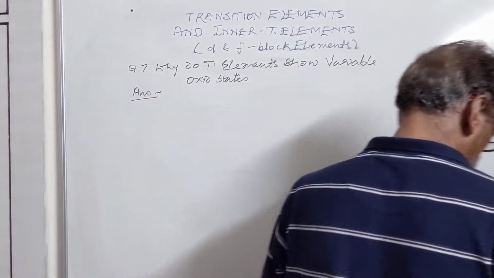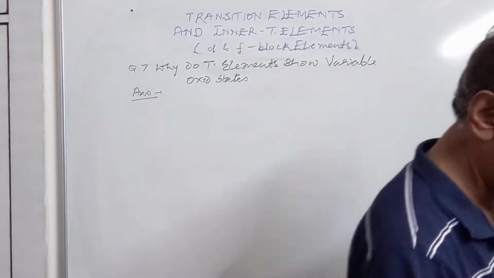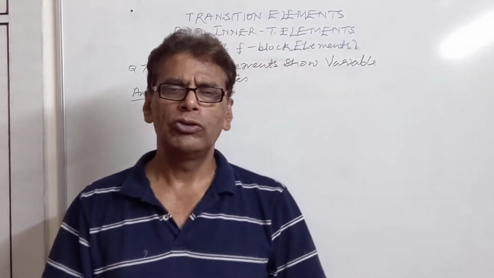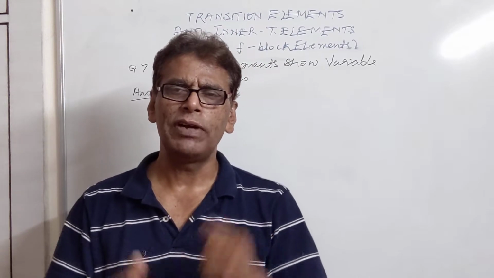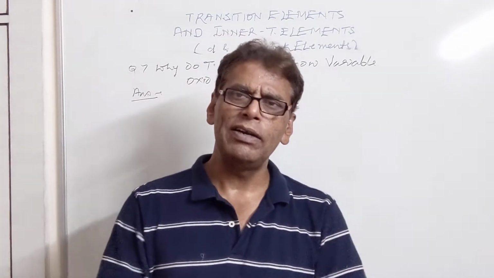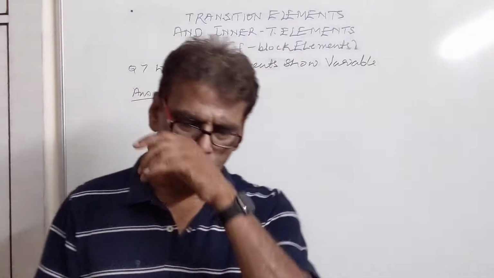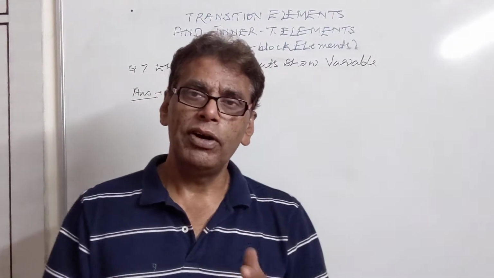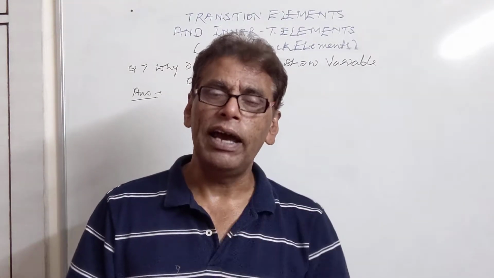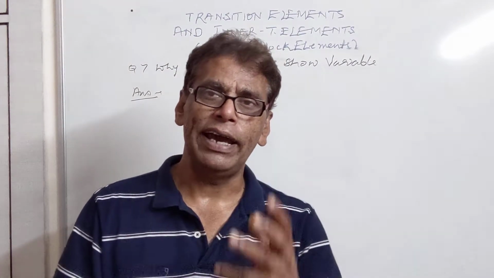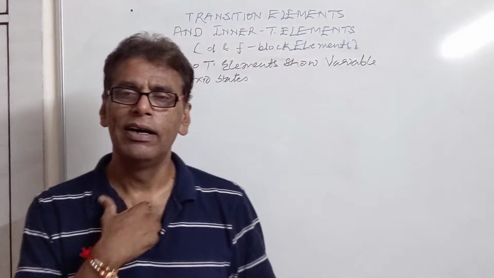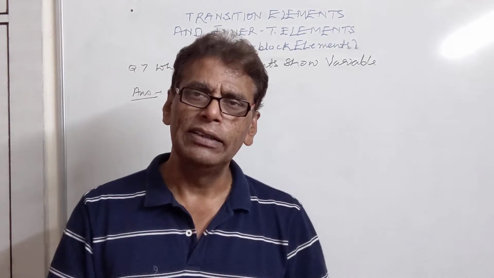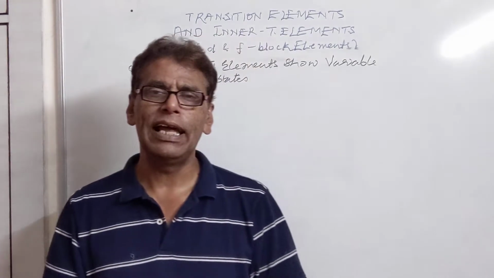Answer to this problem: since they have a large number of (n-1)d and ns electrons in their valence shells, different reagents of different power can withdraw different numbers of valence electrons and bring the transition metal ions into different oxidation states. For example, the reagents which have more electronegative atoms have the tendency to excite the (n-1)d electrons and to participate in sharing with these electrons.